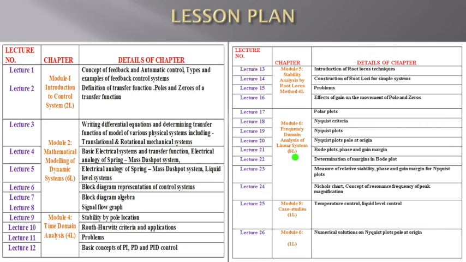In this subject, we have divided our course into 8 modules, and depending on the topic contents, each module has again been divided into a few lectures. Finally, I have planned to complete the course of Control System 1 in 25 lectures. Our syllabus has been completed. I am adding some numerical problems here in lecture 26.